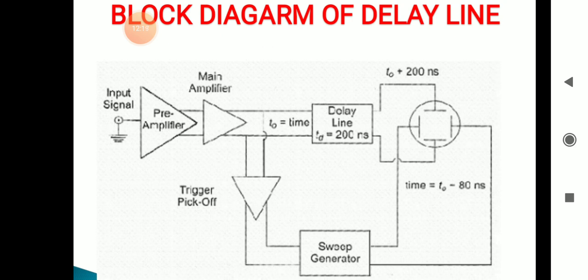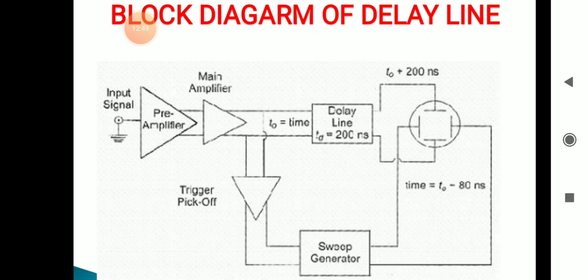As shown in the figure, you can use the 200 nanosecond delay line. The figure shows the delay line circuit: at the vertical deflecting plates, a time delay of 200 nanoseconds is added. At the horizontal deflecting plates, the time delay is about 80 nanoseconds. Thus, the horizontal sweep starts prior to the vertical sweep, so the leading edge of the waveform can be observed.